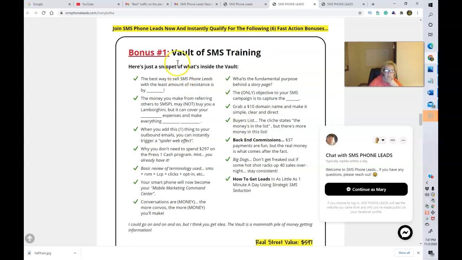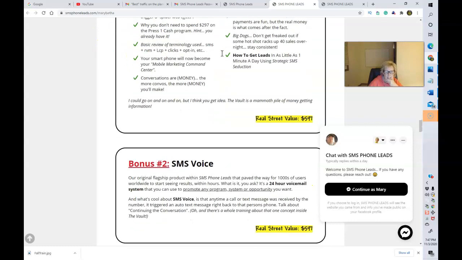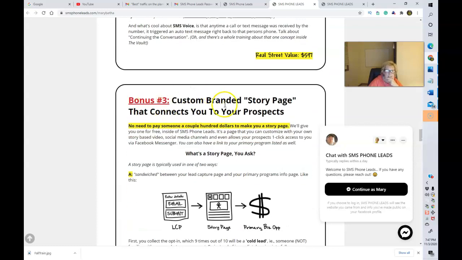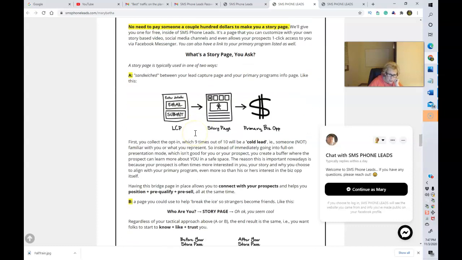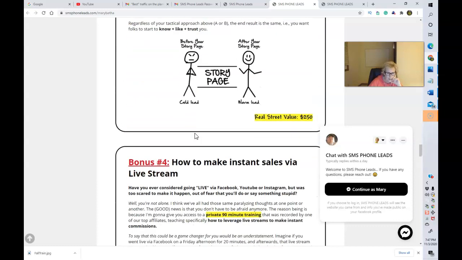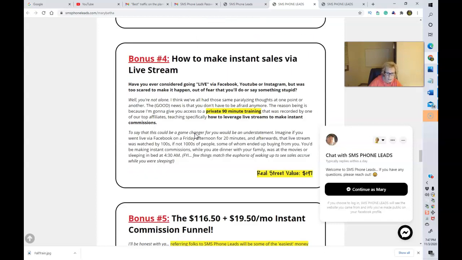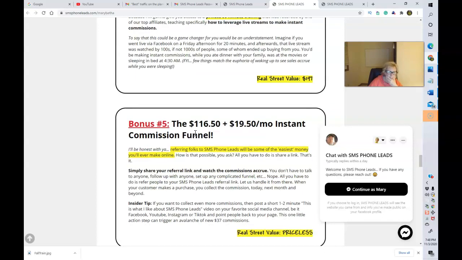You can go through here and check out bonus number 1, the Vault of SMS training, and bonus 2 is the SMS voice. Bonus 3 is to customize a custom branded story page that connects you to your prospects. So you can check all of these out in their entirety. Bonus 4 is how to make instant sales via live stream. Bonus 5 is the